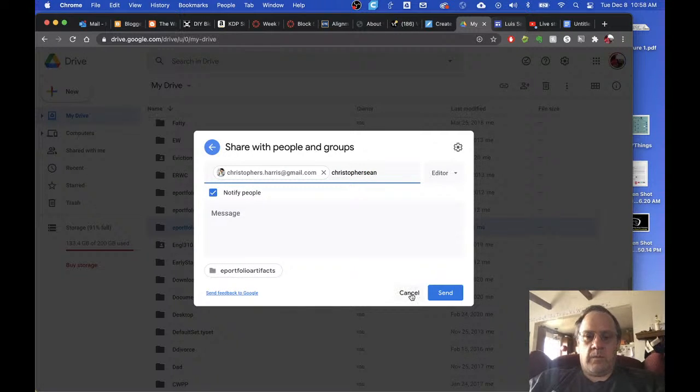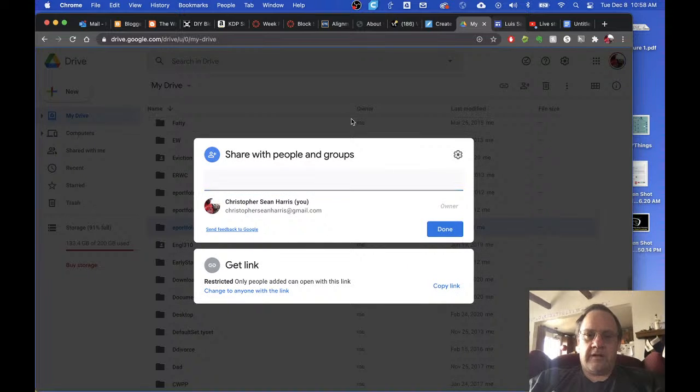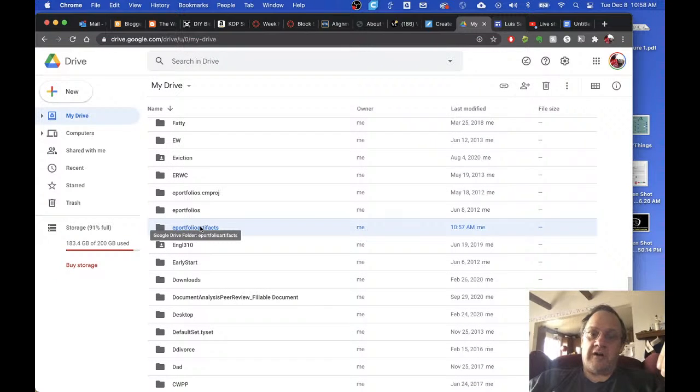And what that will do then is it'll share your little artifact folder and all of the contents in it with me. So then when you have all of your artifacts for your ePortfolio, just drop them into that ePortfolio artifacts folder, okay? That way I'll be able to see them, and you won't have to share every little document. Just put them in the folder, share the folder with me. Okay, so